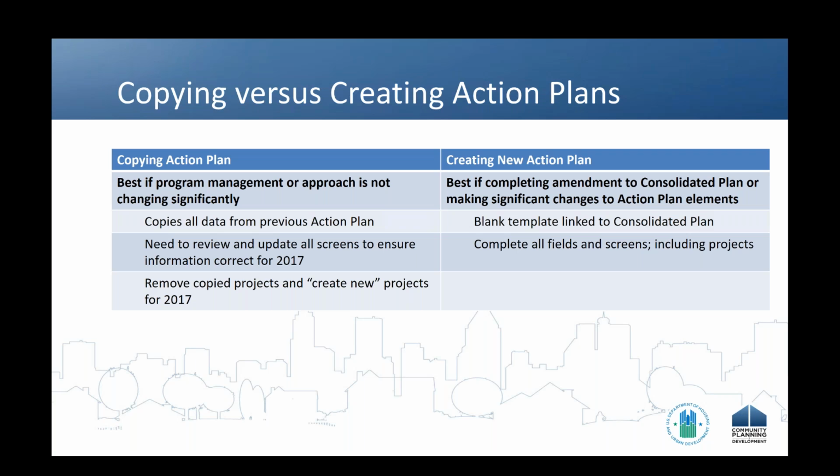As a general rule, I think copying an action plan is best if your program is not changing significantly from 2016 to 2017. If you're still focusing on the same goals, the same priorities, and your corresponding policies and procedures, monitoring, and anti-poverty strategy are all relatively the same or have not been updated significantly, then it may be easier to work off of that copied action plan and just update the information as